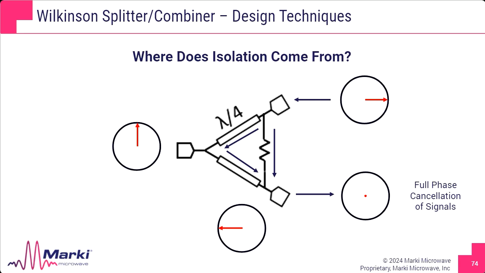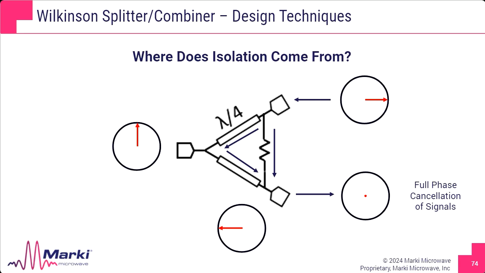So this brings up a very key constraint to the Wilkinson design, which is bandwidth. What is the bandwidth of this device? What's the limiting factor of this Wilkinson design? The insertion loss, I mean, other than the 3 dB splitting loss, the insertion loss is just the loss of the transmission line, which is not particularly lossy. The symmetry of the device yields good broadband balance, so it's not going to be the balance that limits the